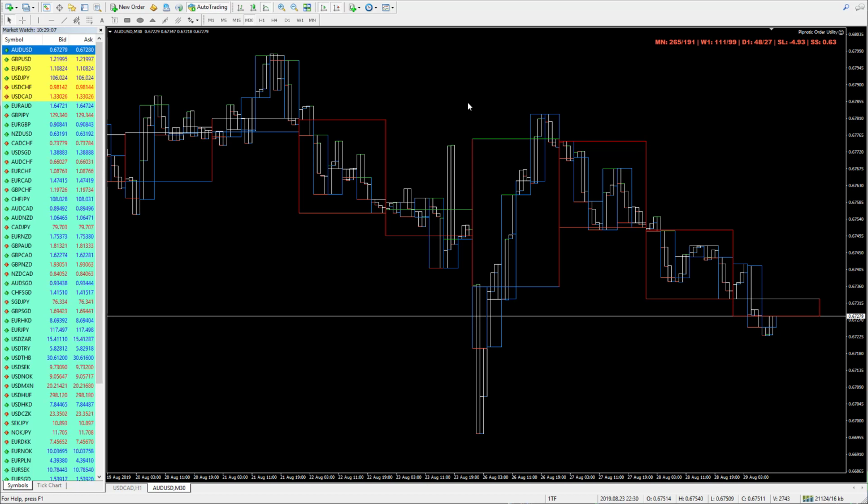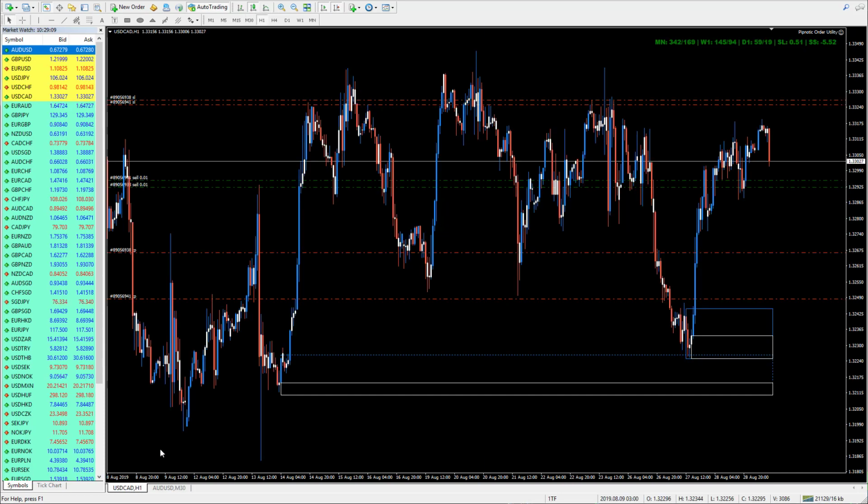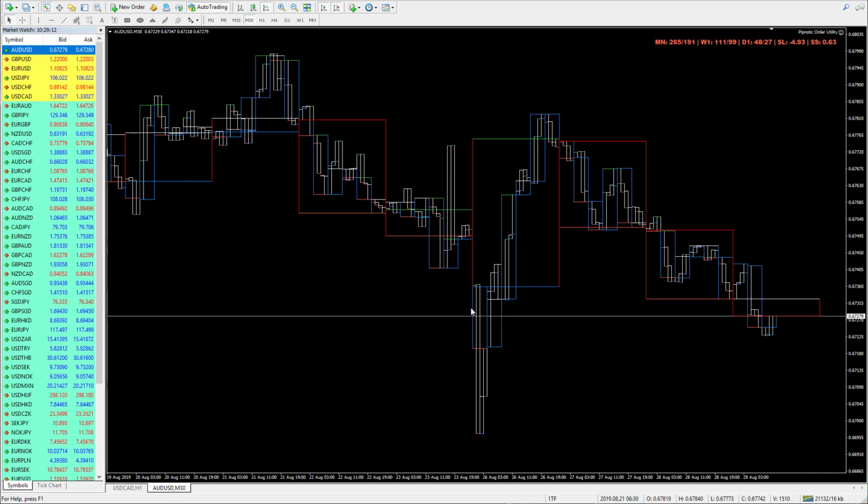Okay, and I can't show both charts because the resolution that I have on my chart is quite low, because when I do screen recordings things get a little bit mushed. So I'll just focus on one chart and I'll show you what I'm looking at. What we need to focus on is departures. Okay, so strong departures, and we're just going to walk through some pairs and have a look. Okay, so we have the Aussie US dollar,